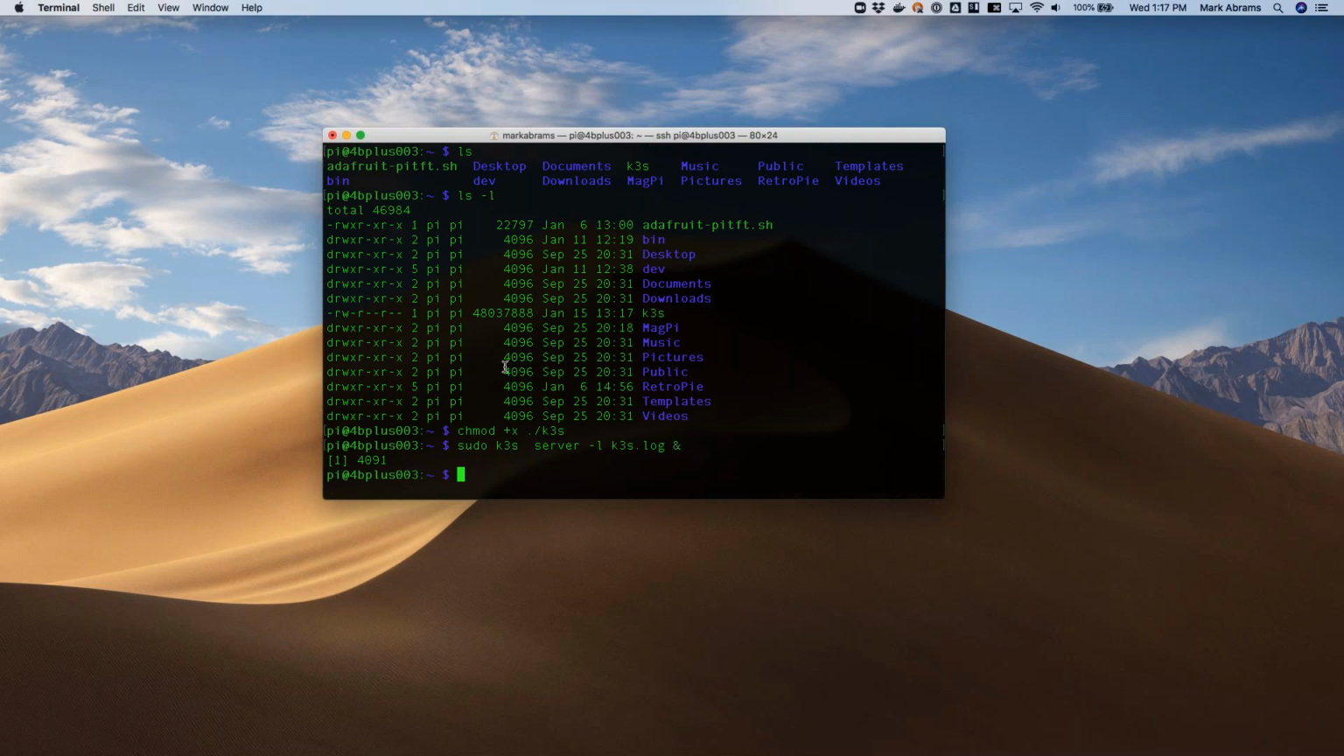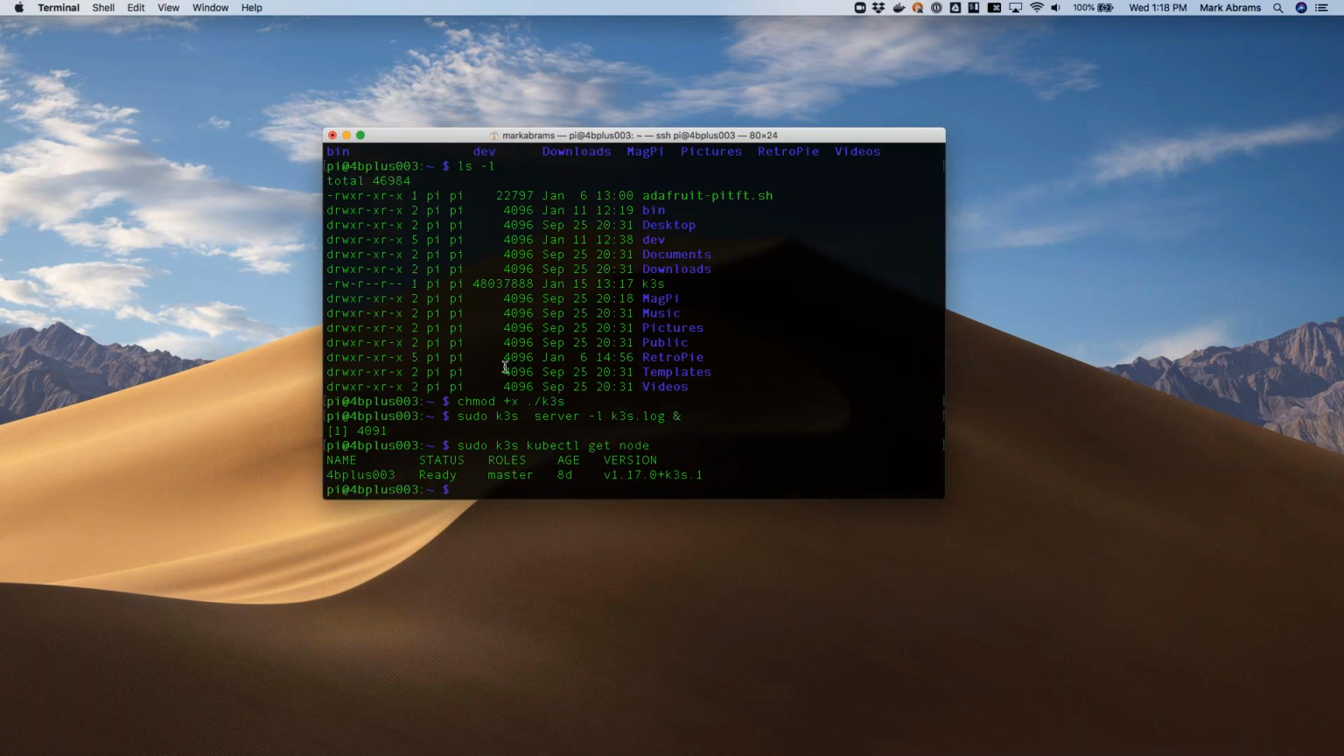So that's now running, and now I can run K3s kubectl get node, run any kubectl commands, and it might take a minute for that to come up. There we go. So I have a single node,